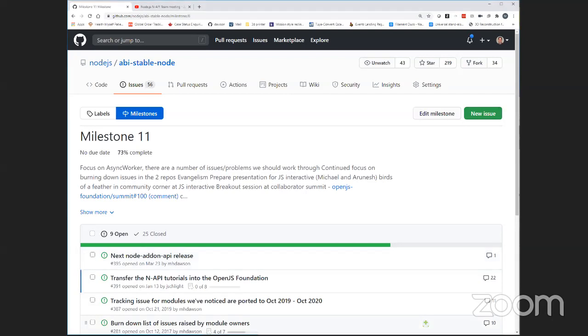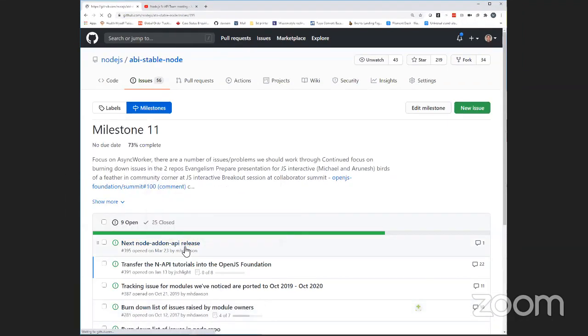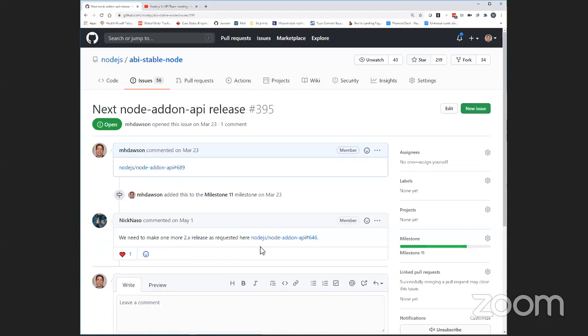This release contains all the work that we made on the Object Wrap API. For the most part, it's all work that Gabriel and Anna did on this API. And yeah, we can close this